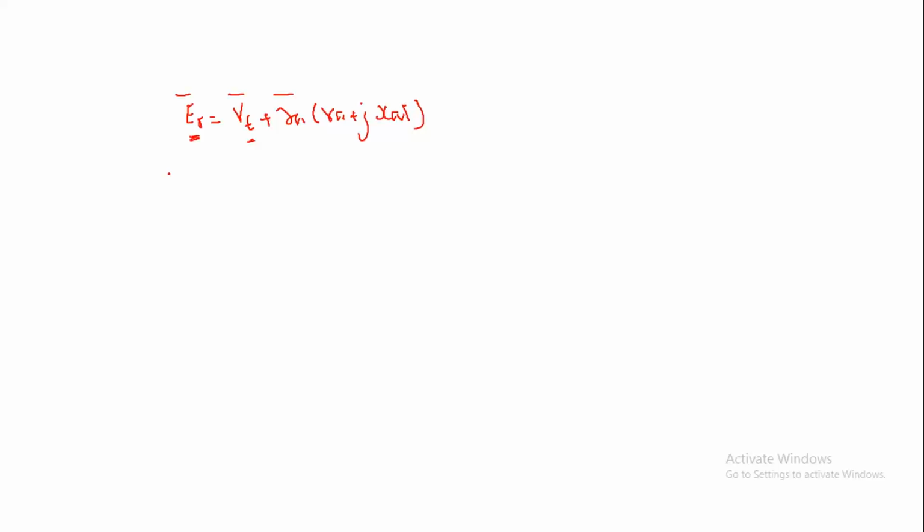ER is the air gap voltage. Vt is the terminal voltage. You take terminal voltage as a reference voltage, so it is at 0, and Ia at a power factor. Suppose 0.8 power factor lagging, 0.8 power factor leading. Accordingly, Ia you can take. So you will get ER, you will get angle. ER will be at some angle.